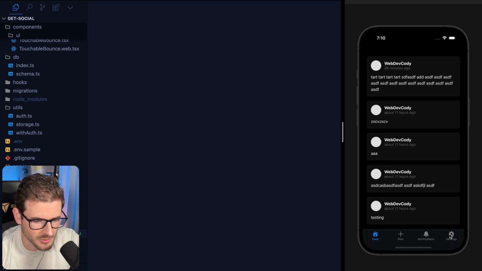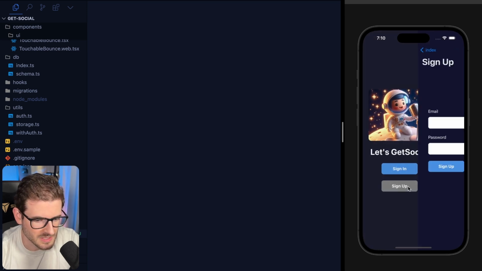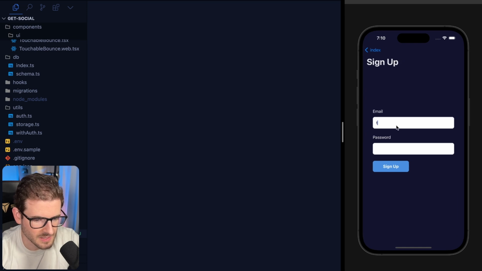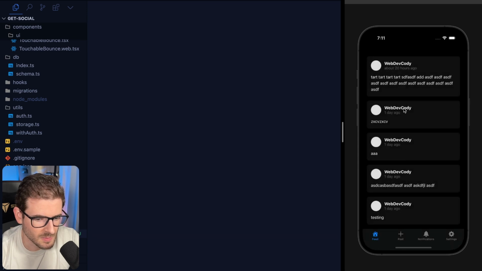So we're going to first create a new user. We'll sign out of this one. And then we're going to sign up for a different email. I'll just say like testing@example.com. And we will just go ahead and put in a random password. We'll click sign up. And now we're logged in as a completely different user who should be able to view